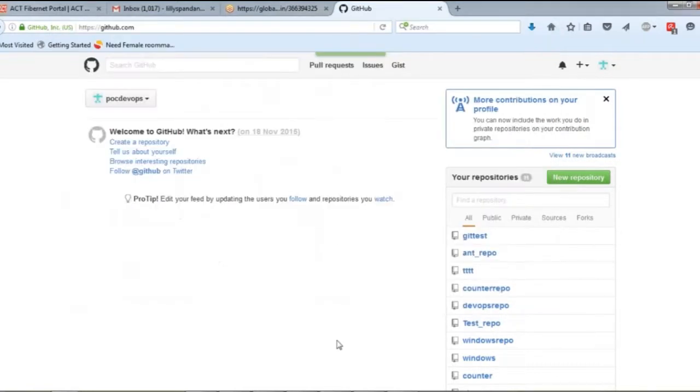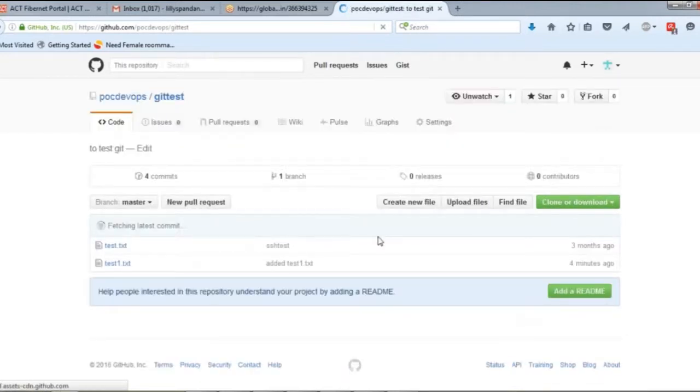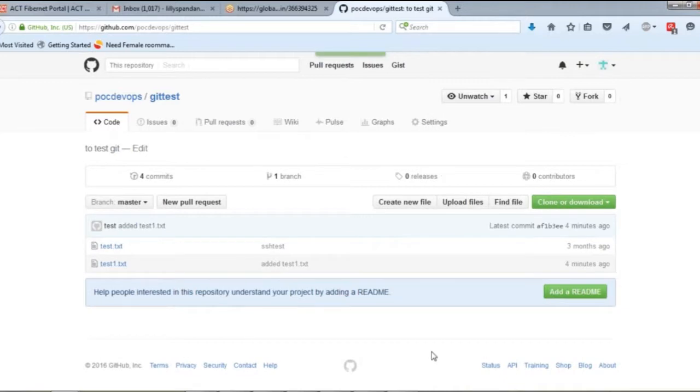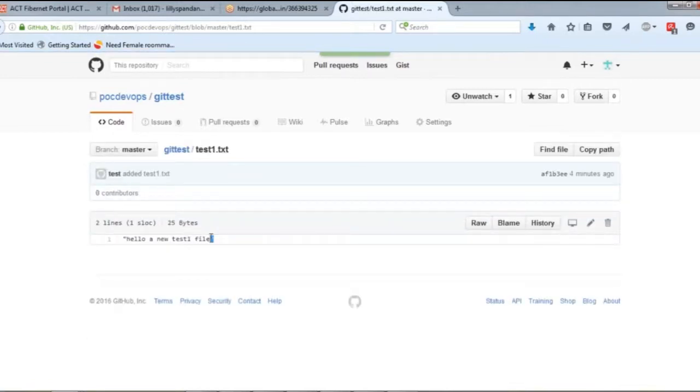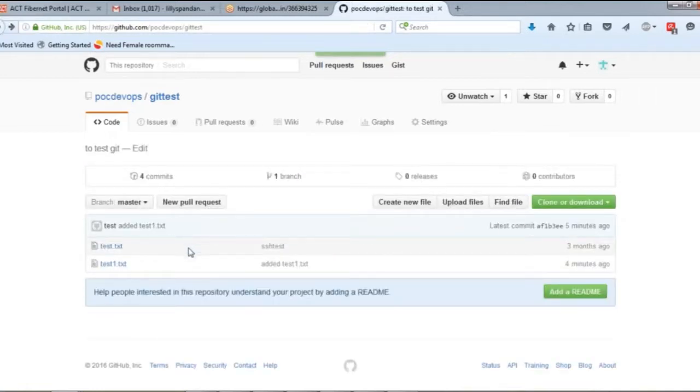So go to your git test repository, simple. Now you have a new file test1.txt added. Let's see if it's the same file which we have added. Yes, it's the same file. Hello, a new test1 file. Okay, so here